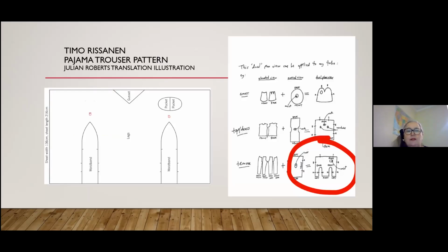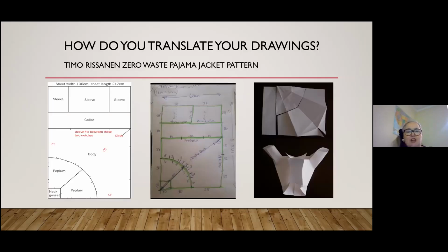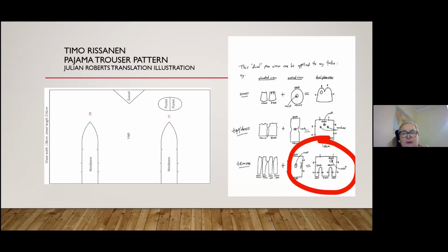And then more of it, Timo Rissanen. That one's the jacket, and this one is the pair of trousers. And this first picture's come out of the Timo Rissanen and Holly McQuillan Zero Waste Pattern Cutting book. And then we've got this other little drawing on the side there, which is Julian Roberts's